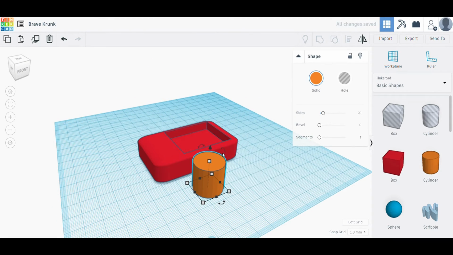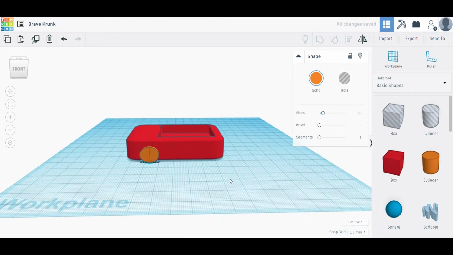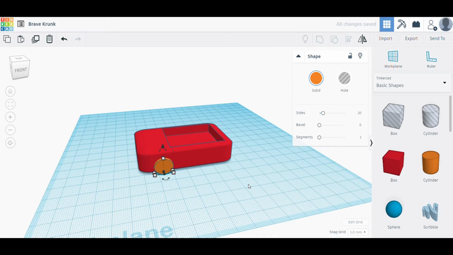Now we will get one cylinder and put it at a 90-degree angle and adjust its size according to a wheel, reduce its width and adjust accordingly to one of its wheels. Now you can just duplicate it and paste it on the rear wheel section,